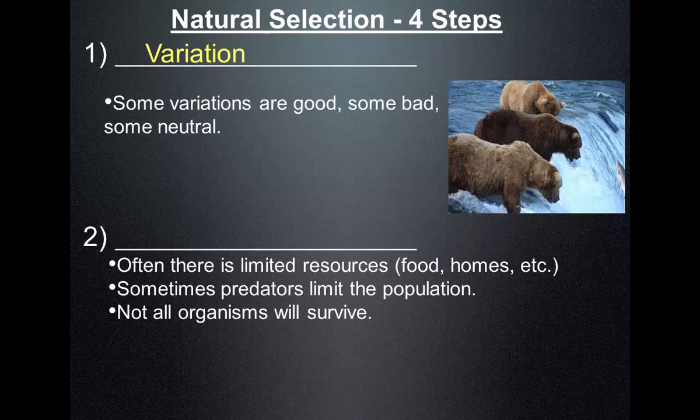But other species, squirrels, or maple trees, or mushrooms, they also vary from each other. Even though we may look at a squirrel and say, all squirrels look exactly the same, they're all identical, really they're not. We aren't able to notice the differences as easily, but they're all different from each other. There's natural variation in all living things.